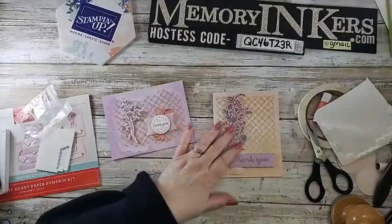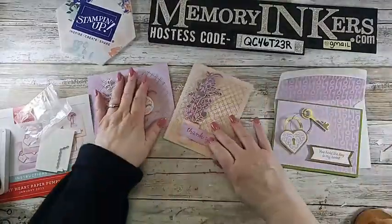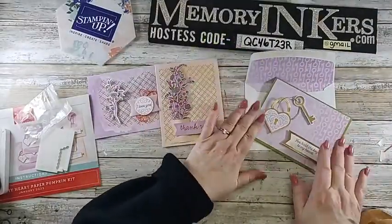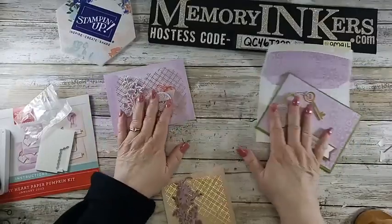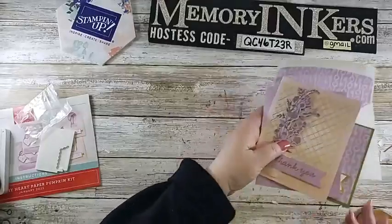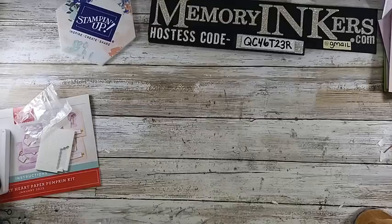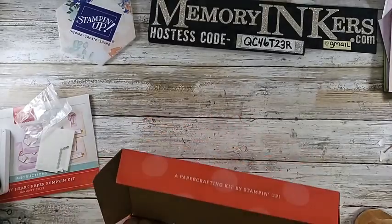So far you have 3 alternatives, right? The envelope card, okay, with the decorated inside. So there's those, and these are the ones I showed you. Well, I showed you these 2 on camera. And now I'm going to show you some fun ideas. When I was looking at my kit and putting things together,